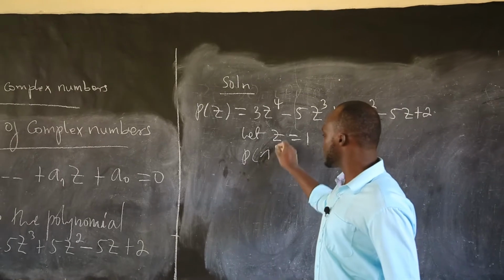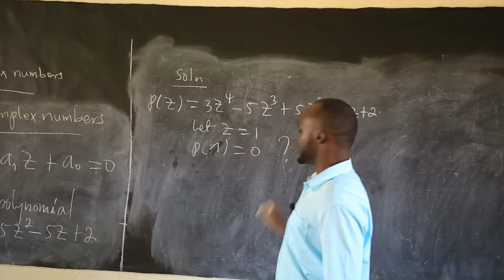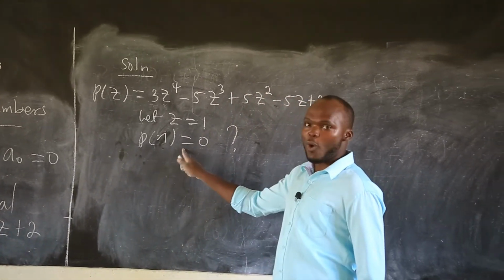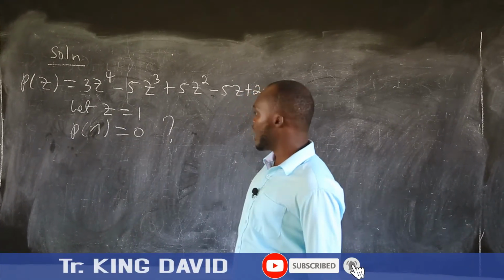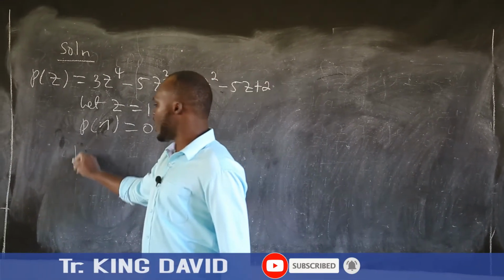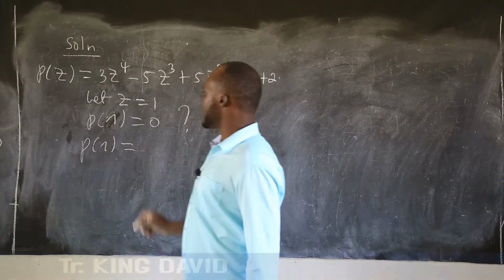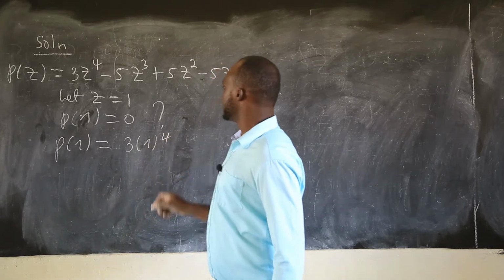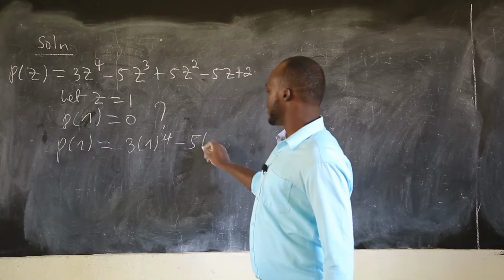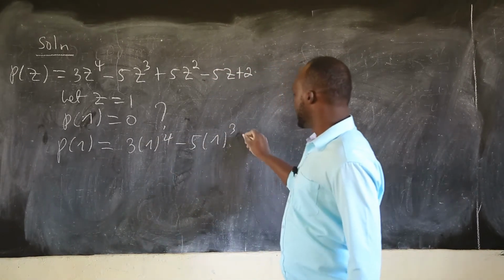P of 1 will be equal to 0. That is our question. If P of 1 is 0, it means that this z will be a root. So P of 1 will be 3 times 1^4, minus 5 times 1^3, plus